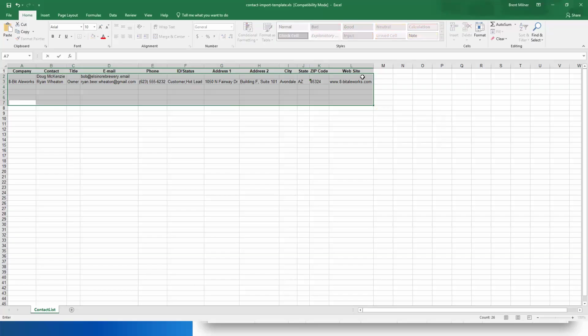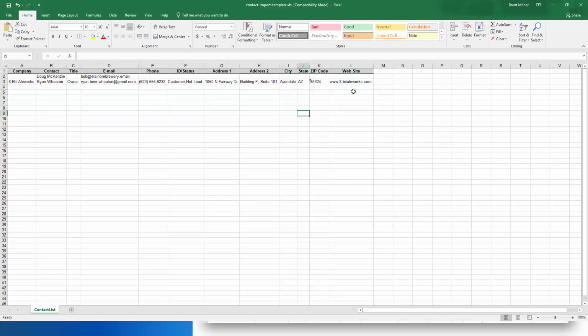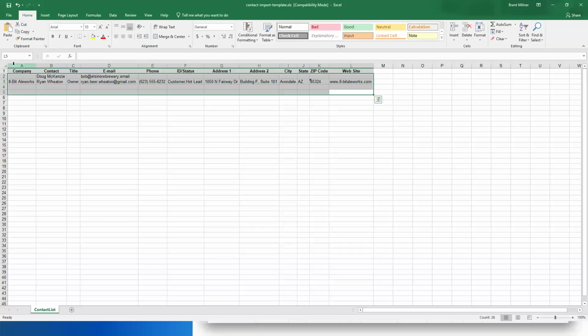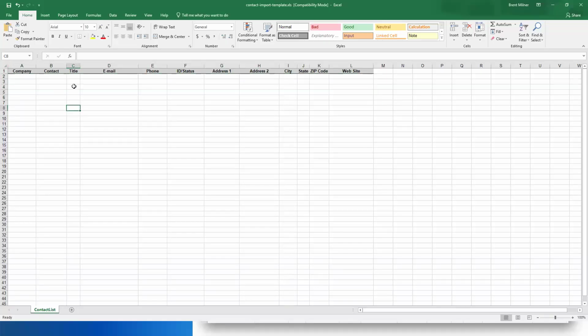So I'm going to delete everything from that. Now I have a fresh template. I could save this too. So now I have a template that I can use going forward. But from here, I'm going to enter in the details of the contacts I want to import. Now, this is an important step. When you save this, what I want you to do is save it as a CSV file, not an Excel spreadsheet. It wants it to be a comma separated value file.